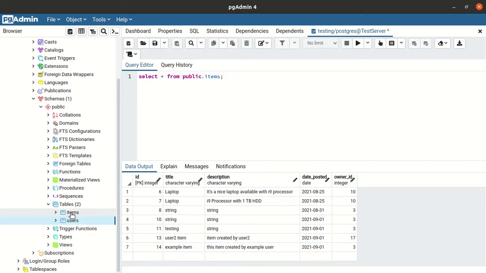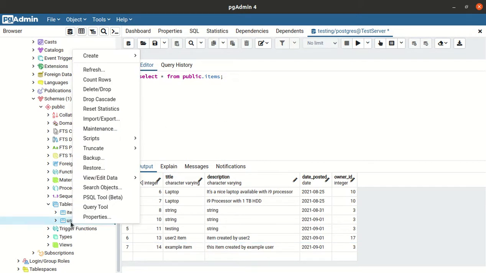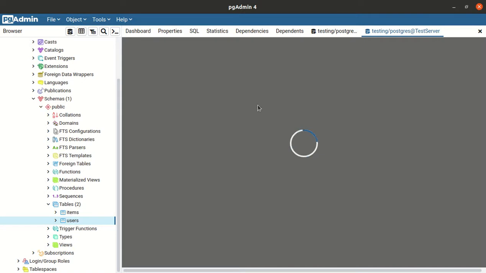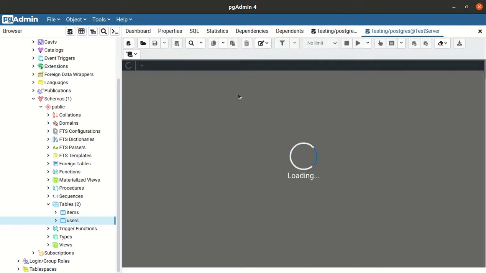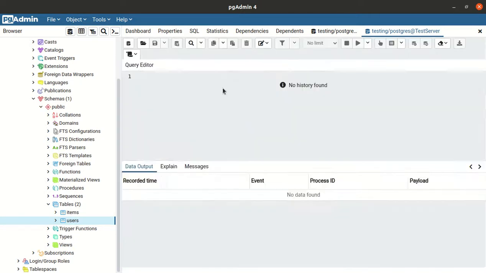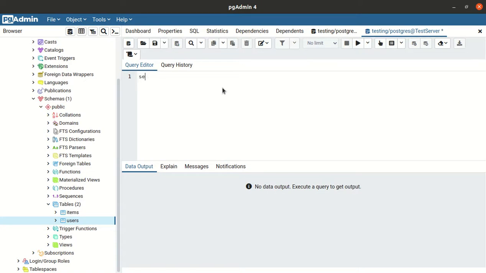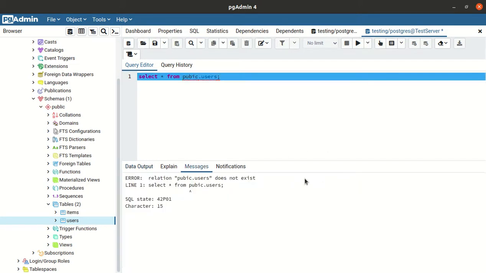So let me open the query tool again. Select star from public schema, public dot users. Execute.